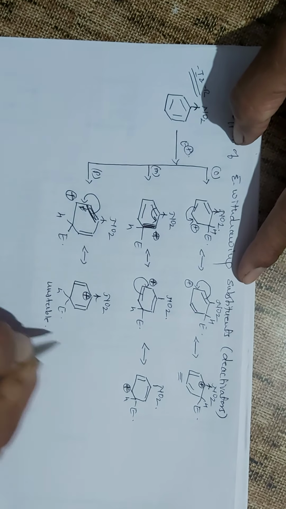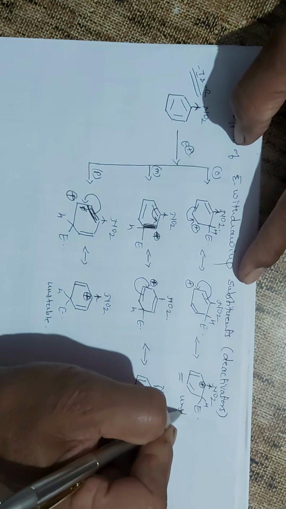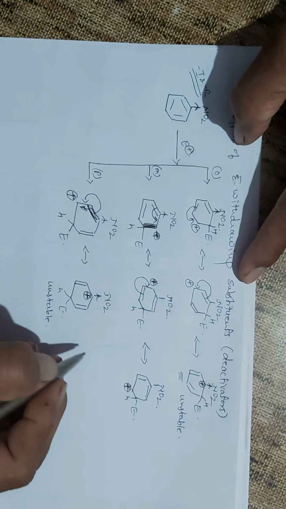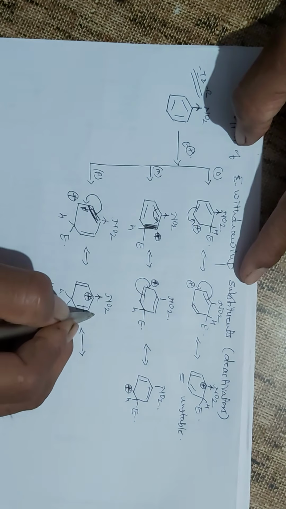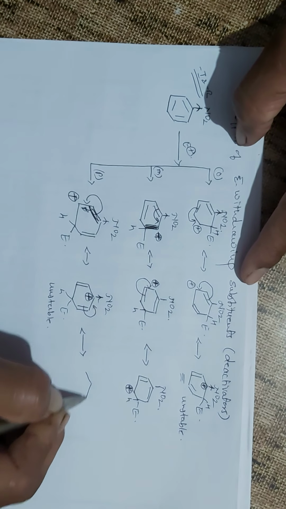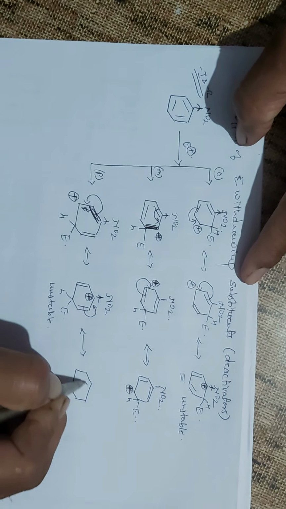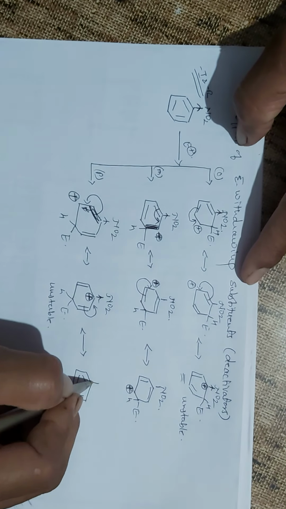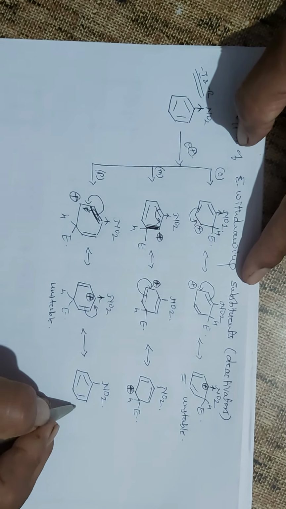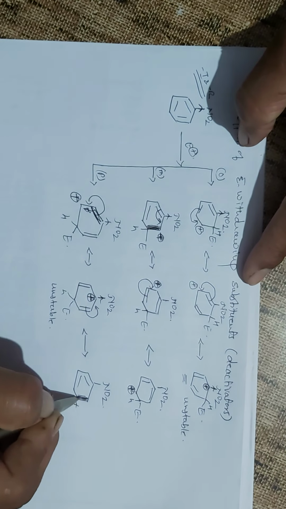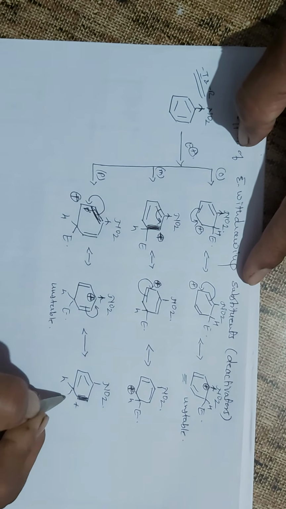This is also a most unstable structure, and that's why the ortho and para products are not obtained in this type of reaction, where the substituent present in the aromatic ring is electron withdrawing. Here the positive charge comes here, the H, E,